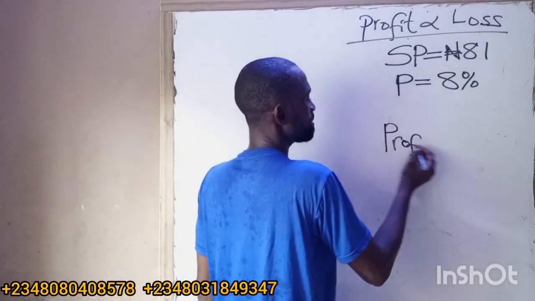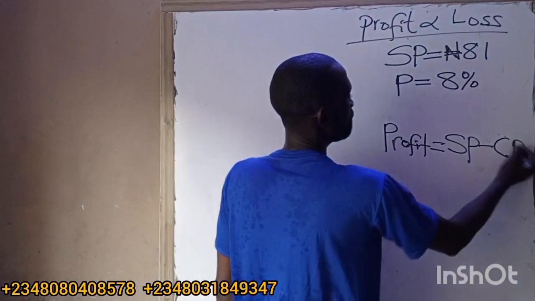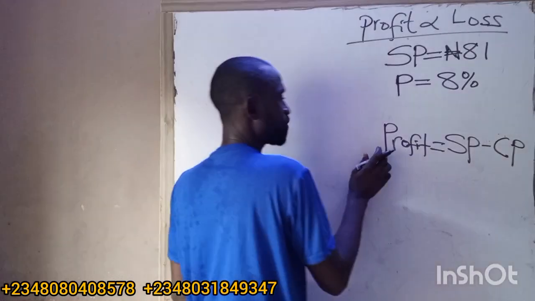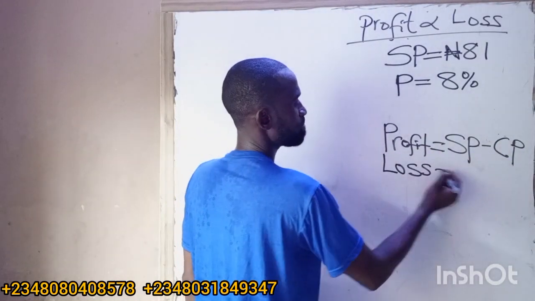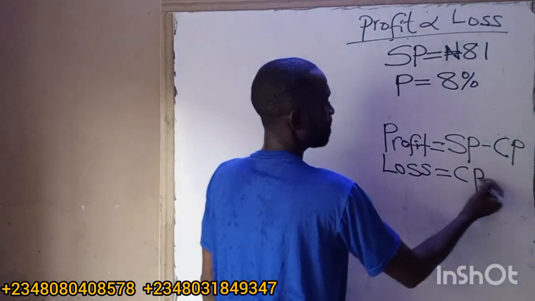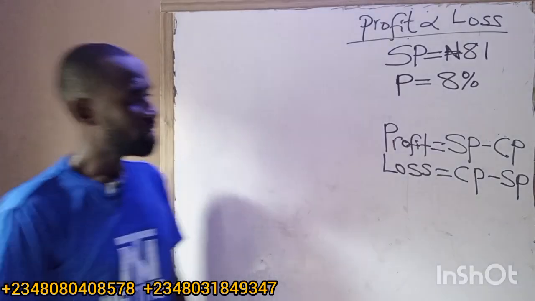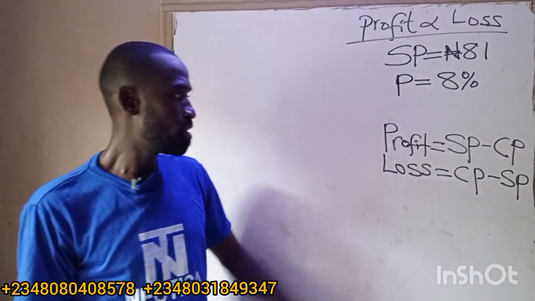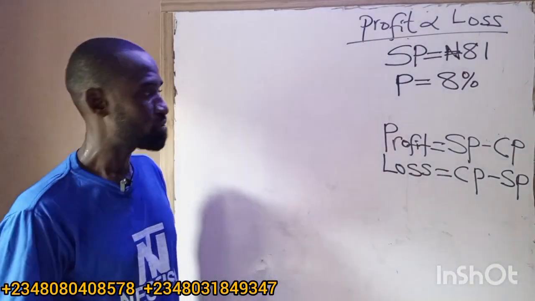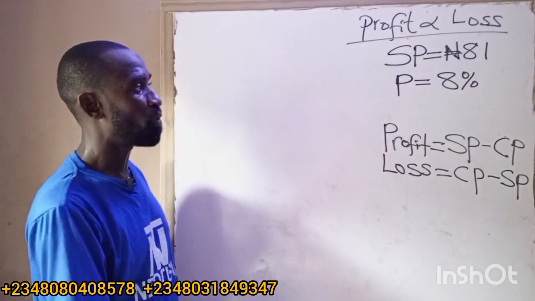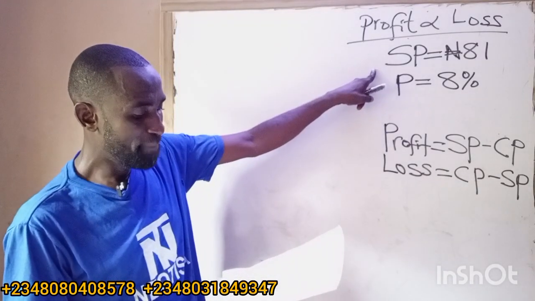For there to be profit, it means the amount that you sold an item is more than the amount that you bought the item. So for there to be profit, we must have selling price minus cost price. And for there to be loss, it means the amount that you sold is less than the amount that you bought. So cost price is greater than selling price. For there to be loss, cost price is greater than selling price. For there to be profit, selling price is greater than cost price. Okay, so we have these two under profit and loss. So that person sold this bicycle for 81 naira and made a profit of